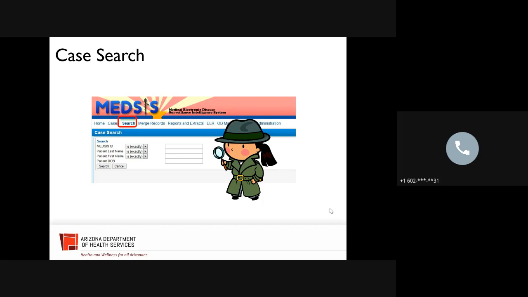And if you know that that case exists in MEDSIS, but it's just not pulling it up, the last solution will be search by date of birth. You might get a whole lot of cases pulled up, but you also might be able to find the case that you're looking for just by searching for the date of birth. But yeah, those 3 ways that I just went through are the recommended searches that need to be done